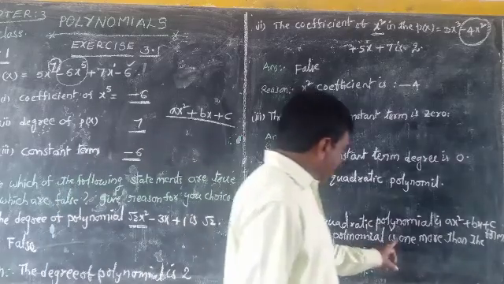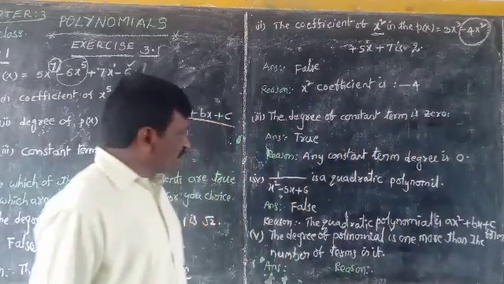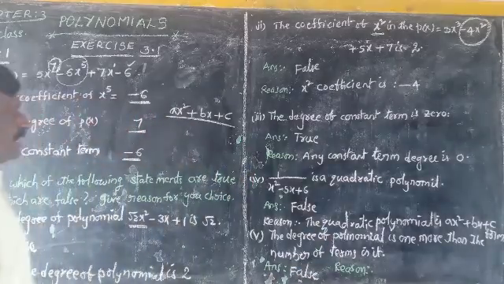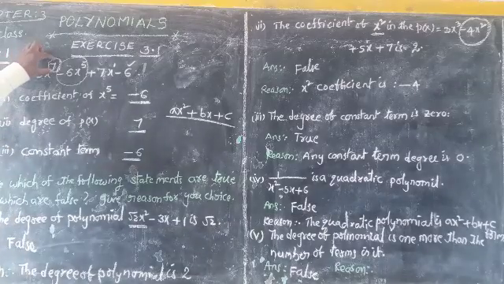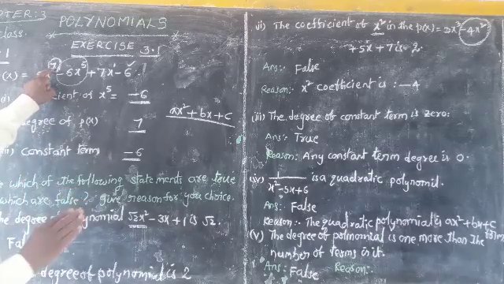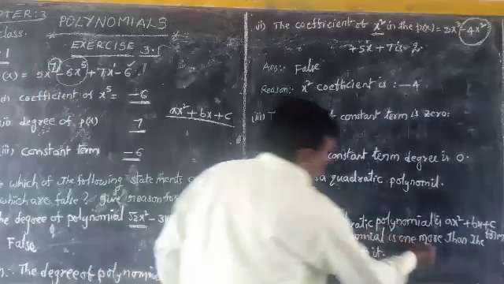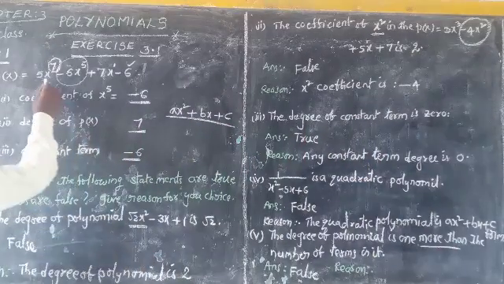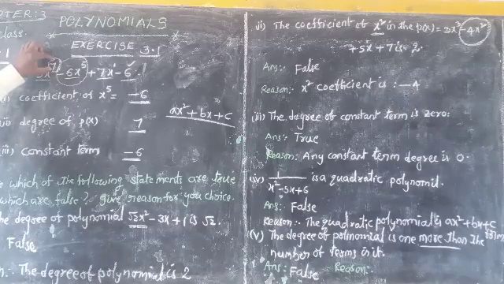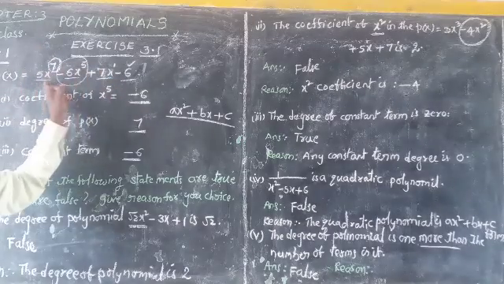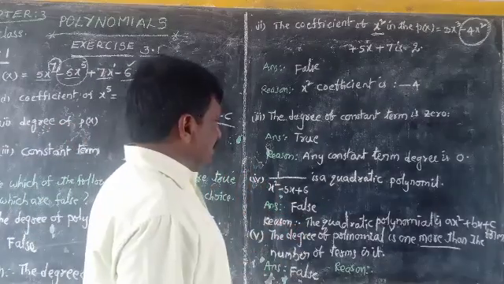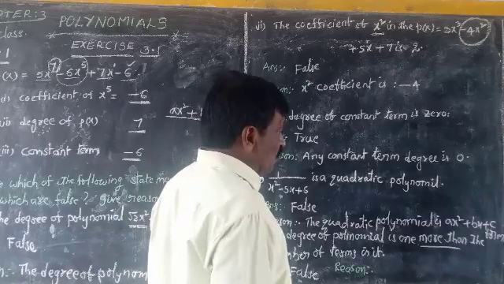The degree of a polynomial is 1 more than the number of terms in it. False, because the degree of the polynomial is 1 more than... This is the degree of the polynomial. That would mean the number of terms is one more than the degree. If the degree is 7, there should be 8 terms, but that is not the case, so this is wrong. The terms and the degrees are not related. So the degree of the polynomial is 1 more than the number of terms.